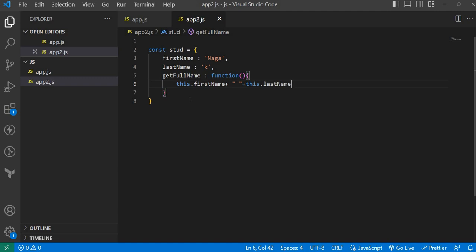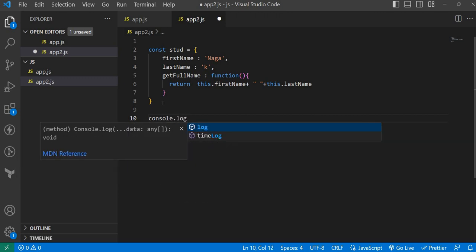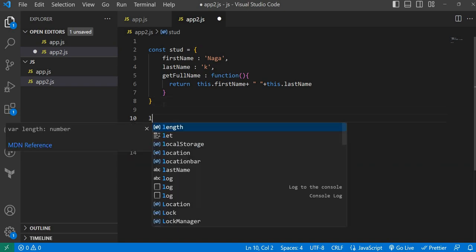Okay. So here I'm just doing, okay, let me return this one. Return this dot first name and this dot last name. And do console.log. First we can store the return value somewhere, like